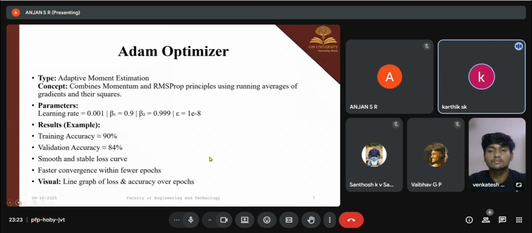In the visual, we use a line graph of loss and accuracy over many batches. Next,